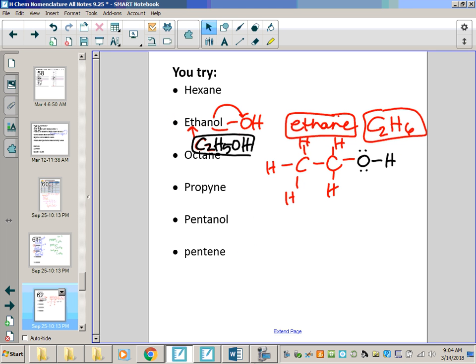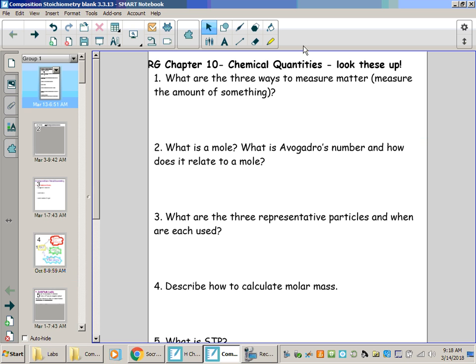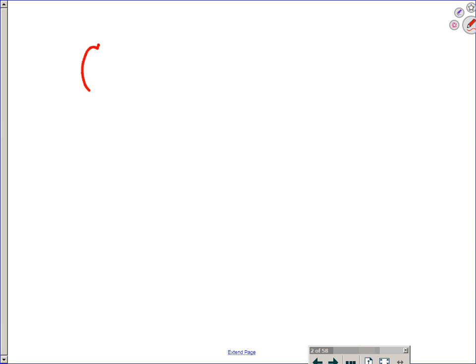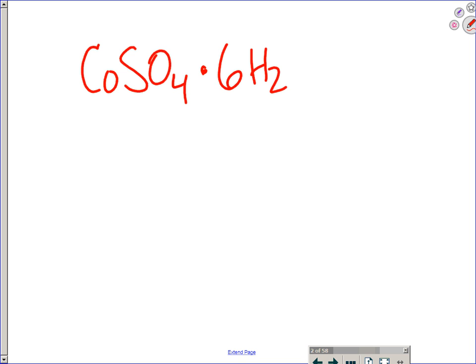The hydrate one. Do you know what I'm talking about with the water in it? Yeah. If you have your problem set, you should have it out with you now, okay? Keep a hold of that for a moment. From memory, it was CoSO4·6H2O, yes? It was like the third or fourth to last. All right, so we're going to name this one together just so I know that you know how to name hydrates. We will work with hydrates a lot more. Again, you do not need your computer for the moment. You are working with me on problem sets. If I can't trust you on the computer, you don't get to have a computer.